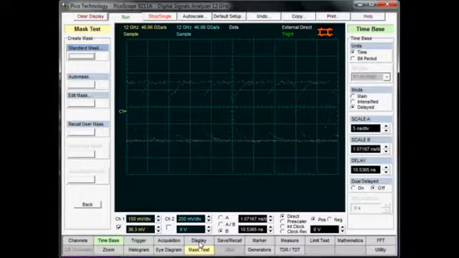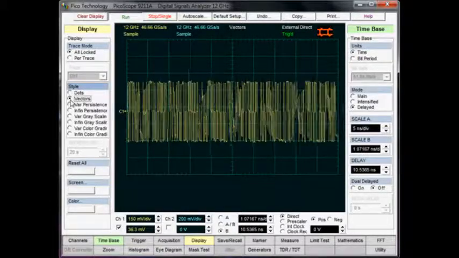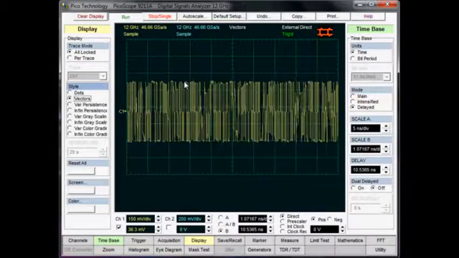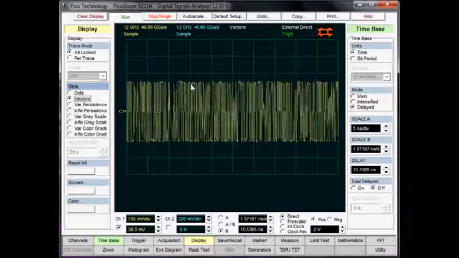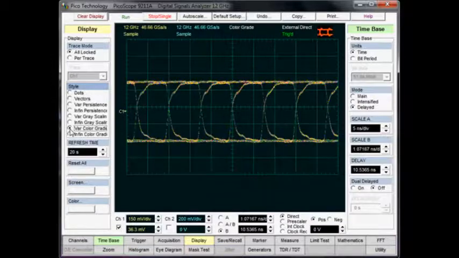So I'm now going to select the display menu, and we can see we have it in dots mode, so we can see dots here. In this case, vectors cannot be used because it is serial random data, so the data may be high or low, but we could use the variable color